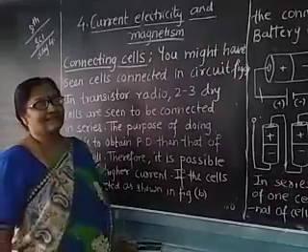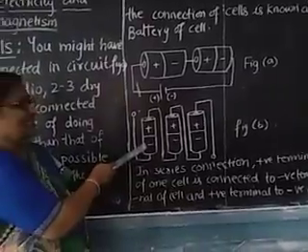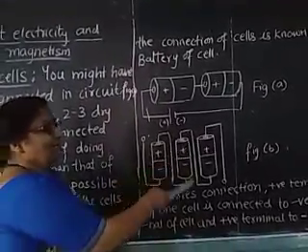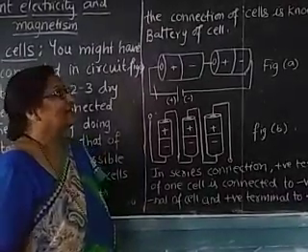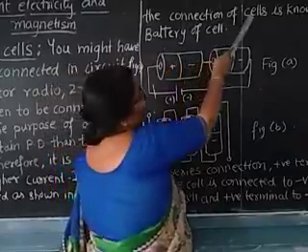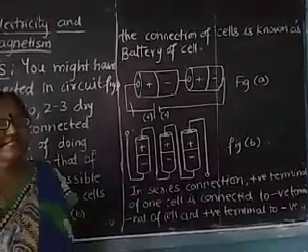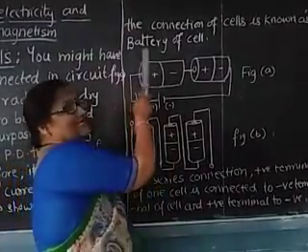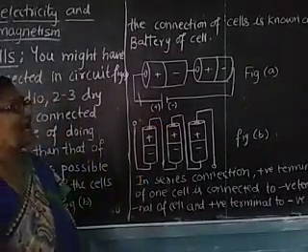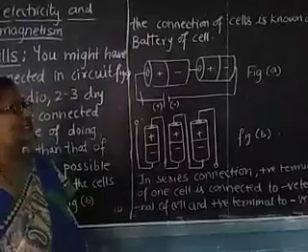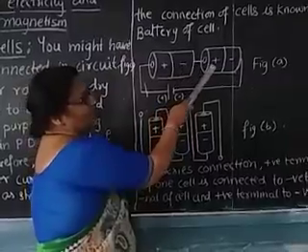If we see the cells connected as shown in figure B, the same structure we can see in the transistor where 2 to 3 dry cells are connected in series. The connection of the cells is known as a battery of cells. Whenever you see that these cells are connected to each other, we call them a battery of cells. In the first figure we have seen two cells connected to each other, where a positive terminal is connected to the negative terminal and the negative terminal is again connected to the positive terminal.